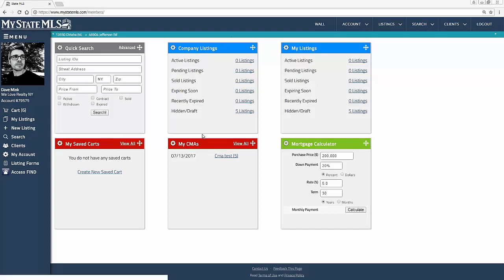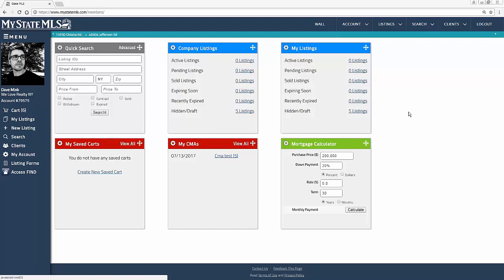And what's great about the widgets is these are the base widgets that we have right now. We're actually getting ready to launch even more very soon, including the company documents widget. This is where we're going to allow you to send us listing agreements, different documents that pertain to your company's day-to-day business. So if you've got company branded listing sheets, company branded disclosure forms, company branded agency forms, all of those you can send to us and we'll upload them and put them on a widget right here anywhere on the wall,